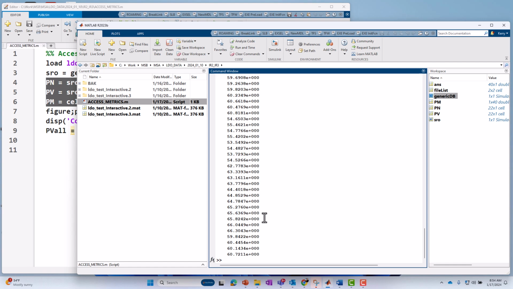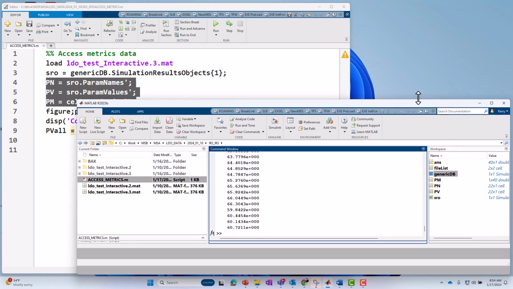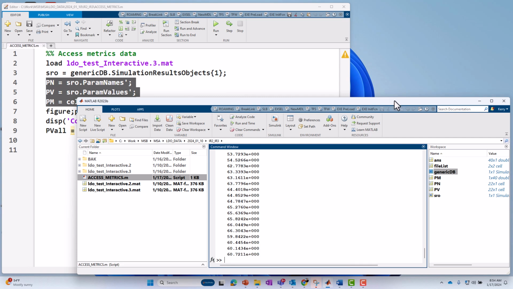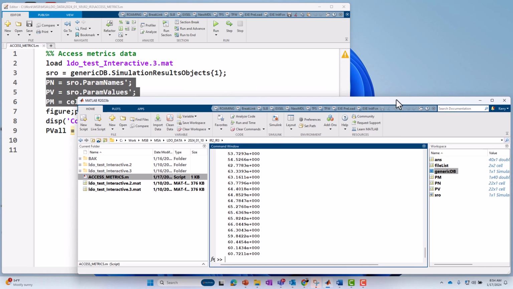And the phase margin data, I've already converted it to a MATLAB vector, so those are my phase margin values for this particular test. All right, I think that's all I'm going to cover in this video, and again, I hope it was helpful. And just keep in mind that the accessing of raw data is still an undocumented feature, so you won't be able to look into the doc and find it as of R23B, but in the future, I think we'll have some easier ways to access it.